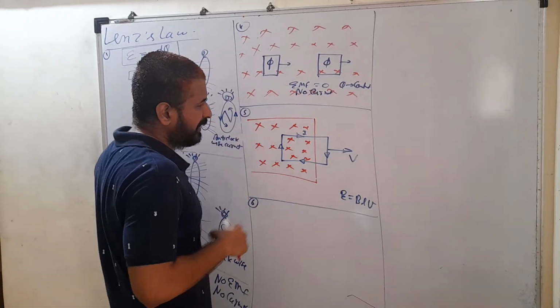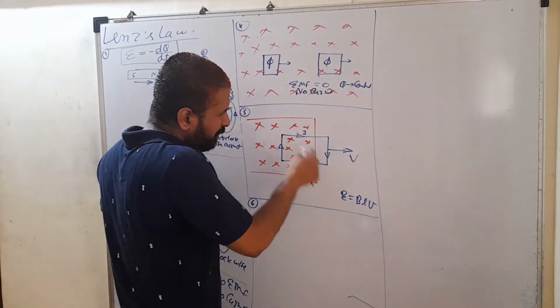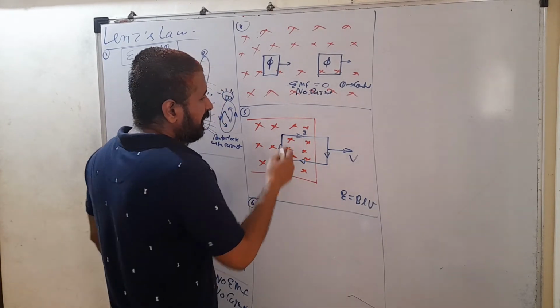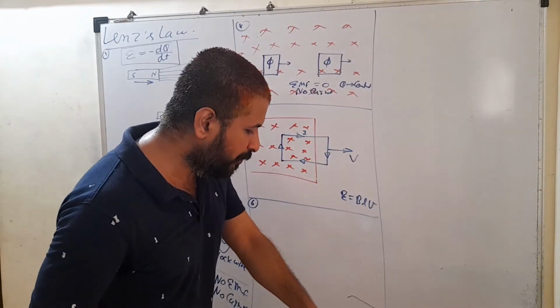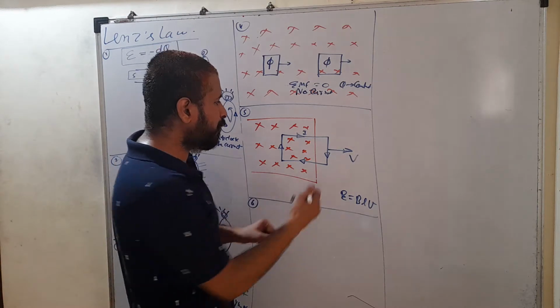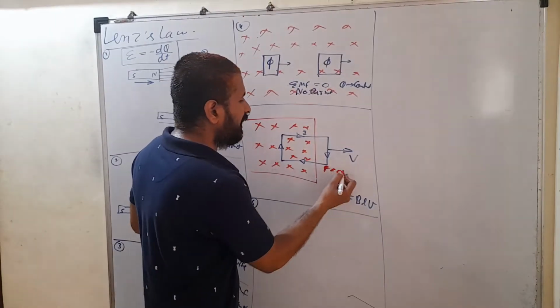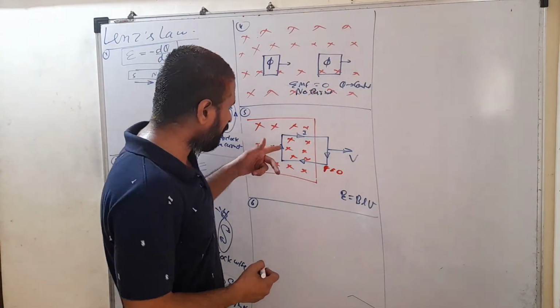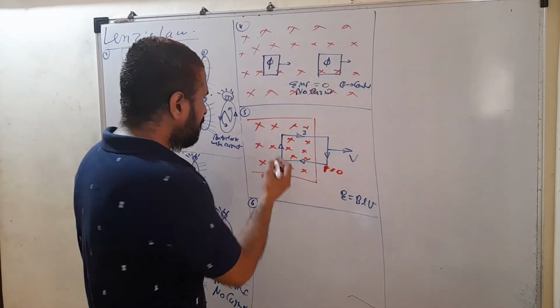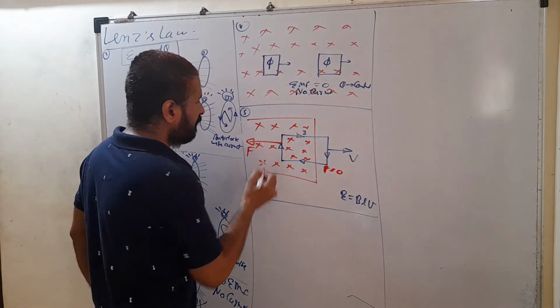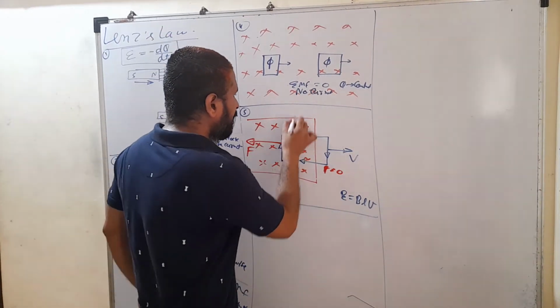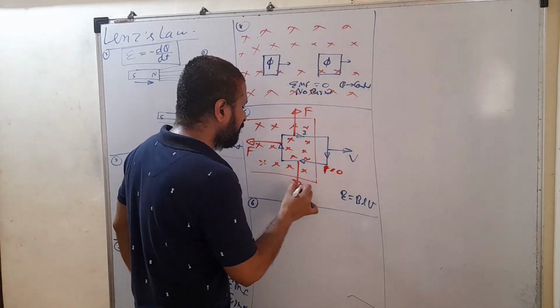I will discuss that case also. Now just observe the force which is developed in this case. If you are observing forces acting on all the sides of the frame, on this side there will be no force at all. No magnetic force is acting on this. On this wire, if you are using Fleming's left hand rule, current is like this, so you will get a force in this direction. In this side, you will get a force like this, and on this side also you will get a force like this.